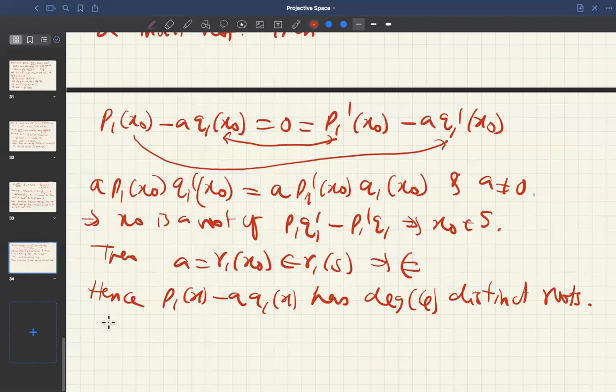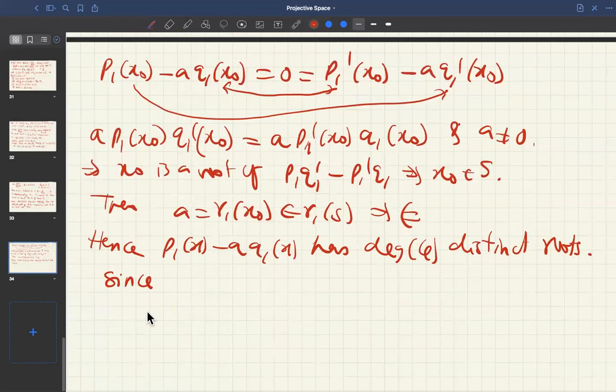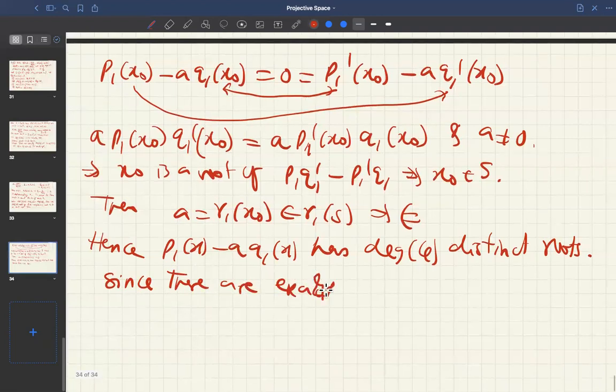Since now this has degree of phi distinct roots, and since they're exactly degree of phi,